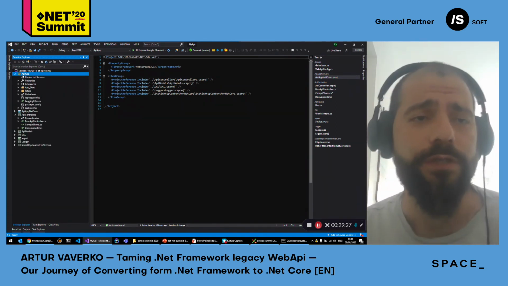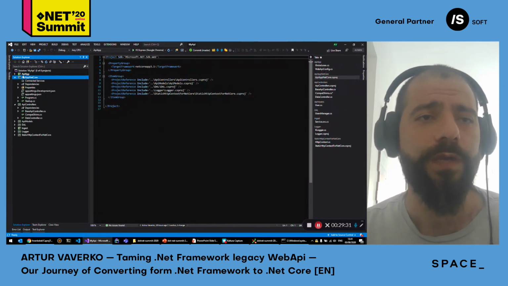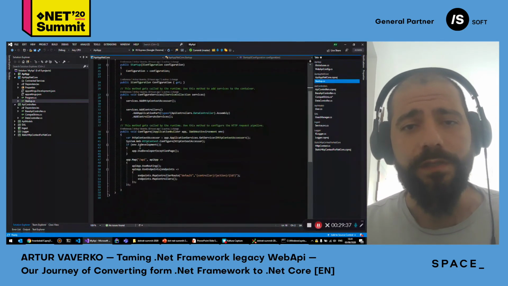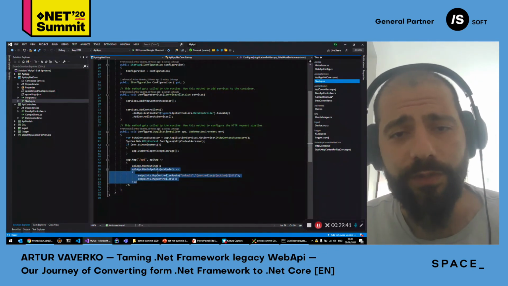The Web API project stayed exactly the same, and is still working, okay? And the ASP.NET Core application is the new one. In that application, you can see the startup file that actually defined an endpoint under API with a default controller